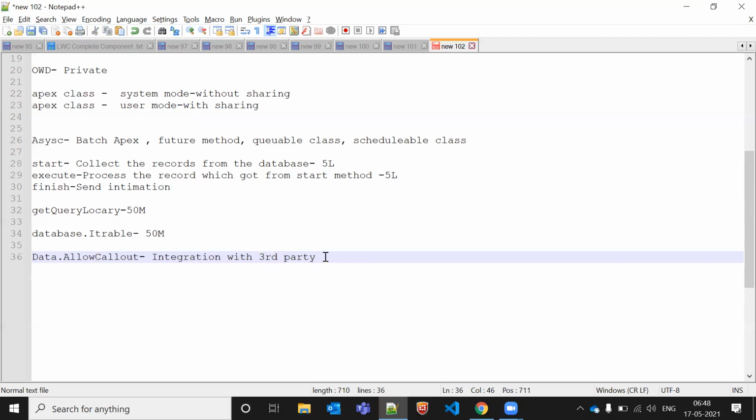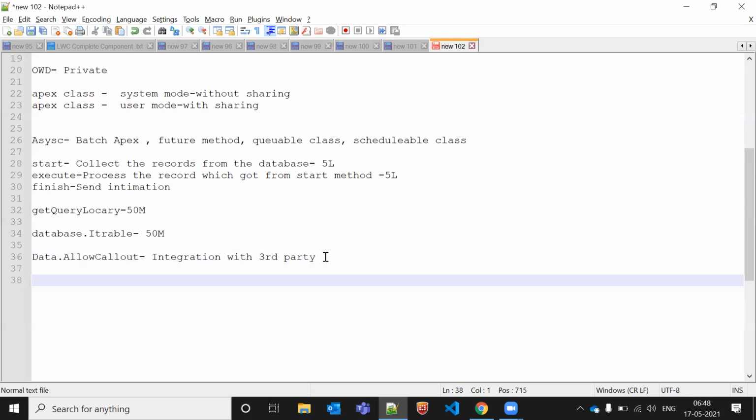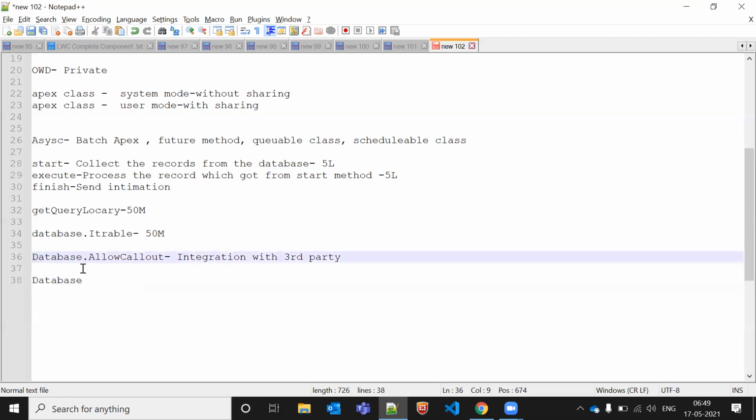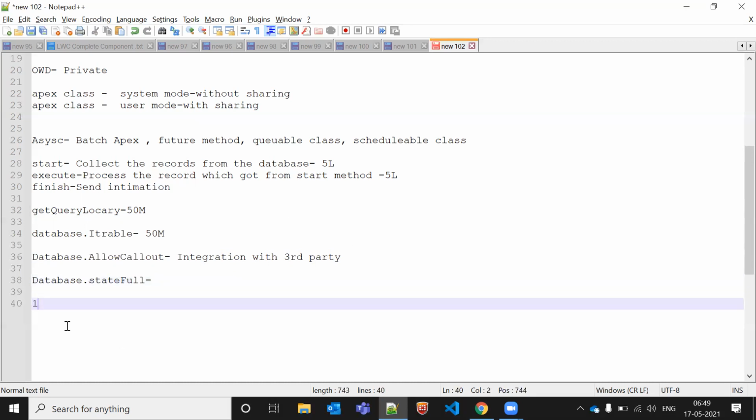Again, we have Database.Stateful. What does it do? Let's say you have 1000 records in the database, and you have a batch size of 200.